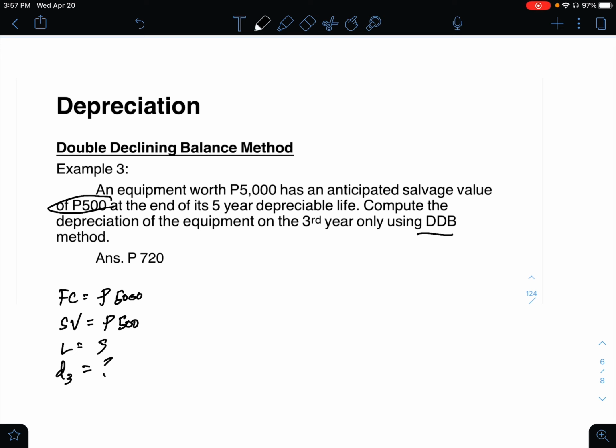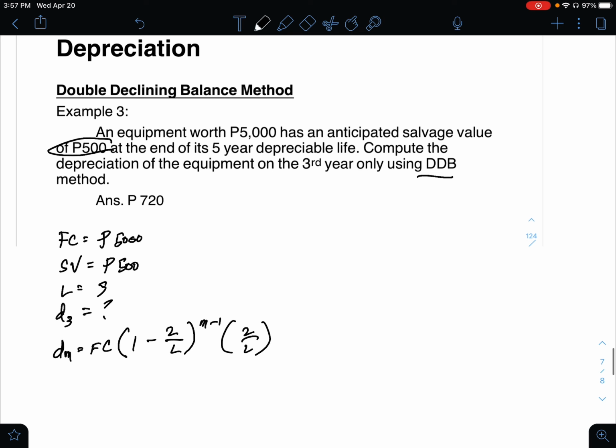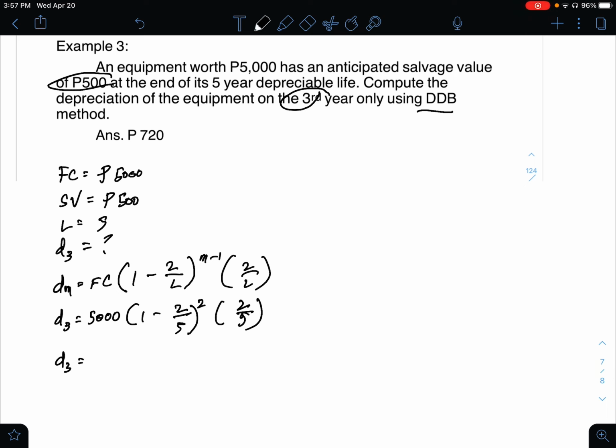So we have the formula for depreciation: D at M is equal to FC times 1 minus 2 over L, raised to M minus 1, times 2 over L. It is not K, just the formula for depreciation. So D at the third year: the first cost is 5,000 pesos, times 1 minus 2 over L, which is 5, raised to M minus 1. M is the third year, so 3 minus 1, which is 2, times 2 over 5. Therefore D3 is equal to